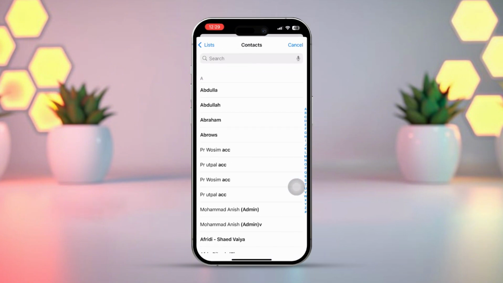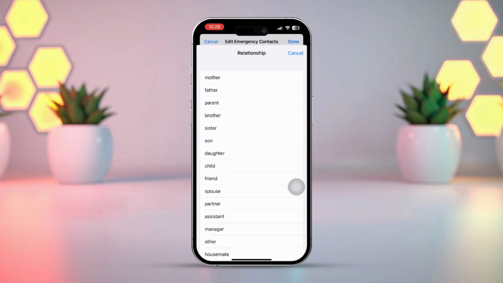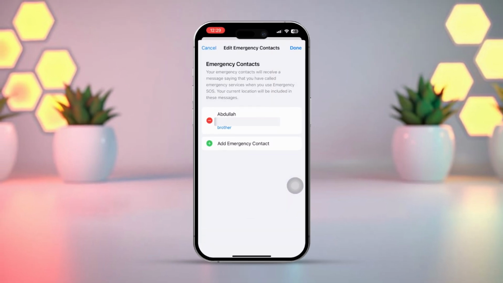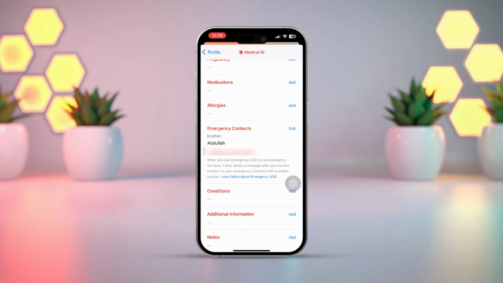Find the person that you want to set as emergency contact for you. Select the contact. Select the relationship you have with the person, like brother. Then tap on Done from the top right corner. So that's how you add emergency contacts to your